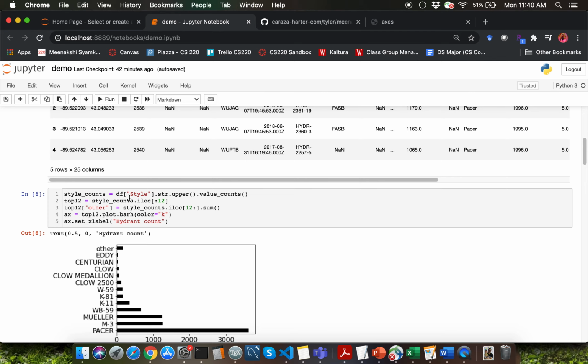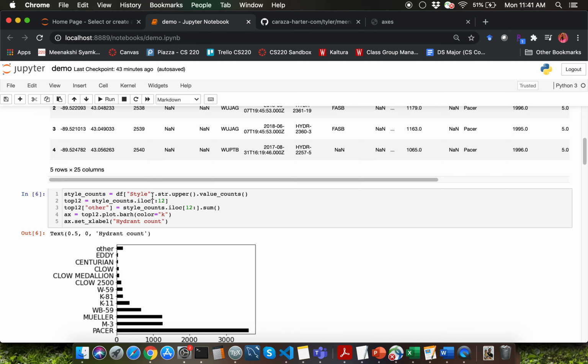When we tried to create a bar plot with just style_counts, we encountered a bar plot which has a really long tail. Whenever you have a plot which has a long tail, you can feel assured that that's not the correct way of generating that particular plot. One of the main reasons for that is it's really difficult for you to read the bars which are part of the long tail. We switched the analysis around slightly and extracted the top 12 style counts for fire hydrants